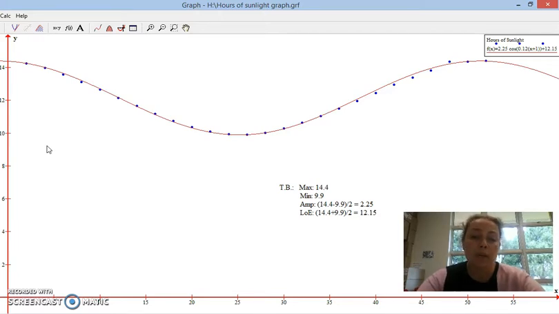Now, when I'm talking about my model, I can then talk about strengths and weaknesses. So a strength of this is it fits quite well and it gets the majority of my points there. I can talk about the fact that there could be errors in the data because we are dealing with real data, and that period of time that is not quite on the line, we could talk about the fact it might have been